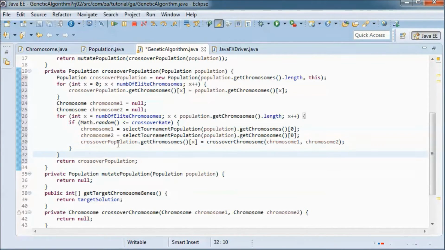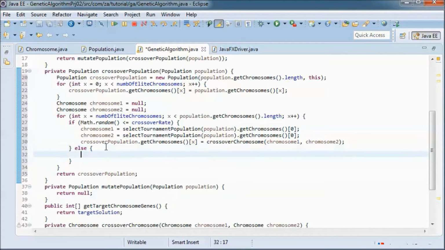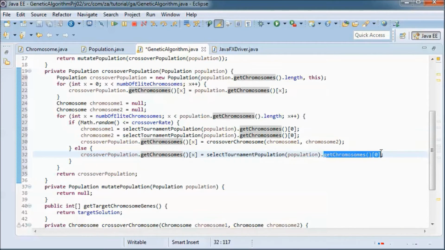And if we're not going to do crossover, then we will just call the select tournament population and pick the chromosome with the highest fitness without calling this method.